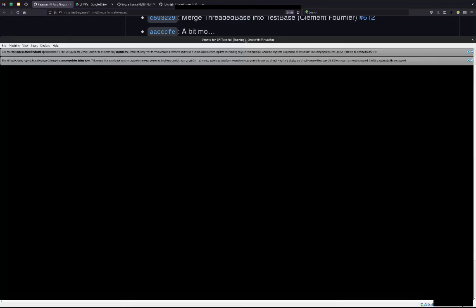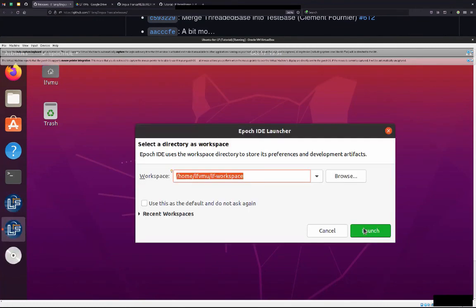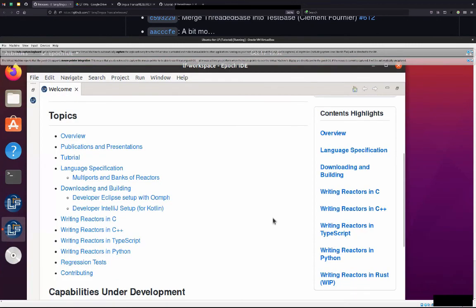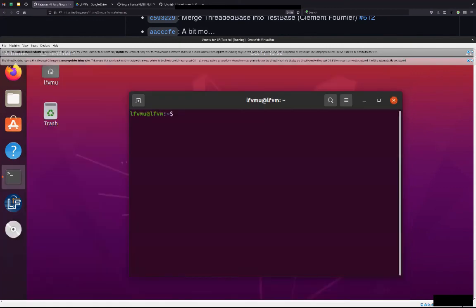As you can see here on the left-hand side, there's already our epoch icon. So you can just directly click on that, and that should launch it. There it is. And it also shows the wiki welcome page, as I mentioned earlier. And LFC is also pre-installed.